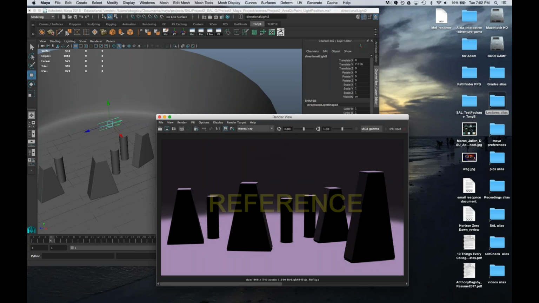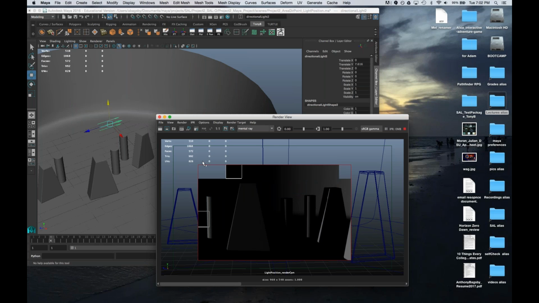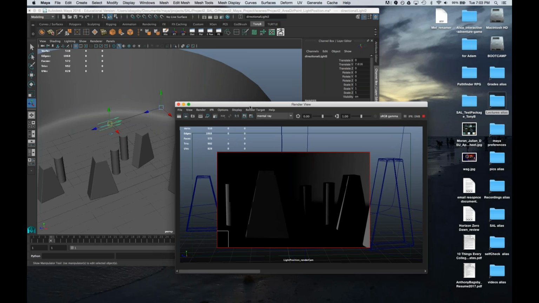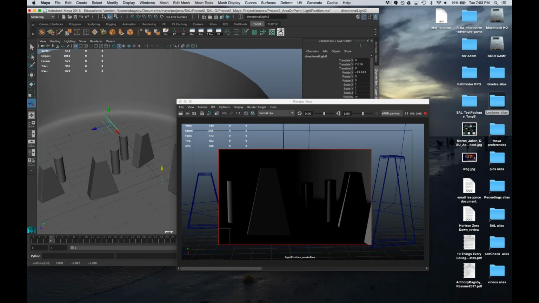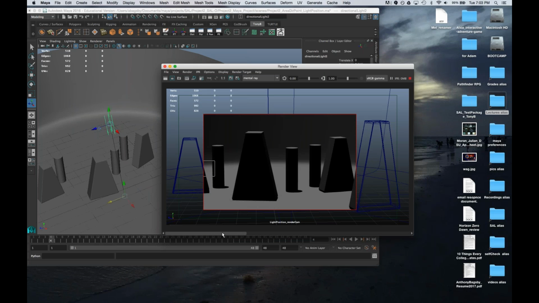Okay, so I'm going to save this first of all, and then render snapshot light position camera, and we're going to IPR render. So what this does is, and there we go, that's what my lighting looks like. It's kind of funky, but we're going to press T, and now we're going to try and match our lights. So I know it's top. I can tell that angle's not correct because my shadows are just a little off right here.